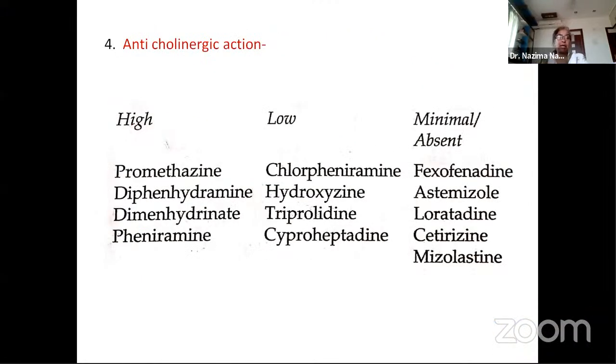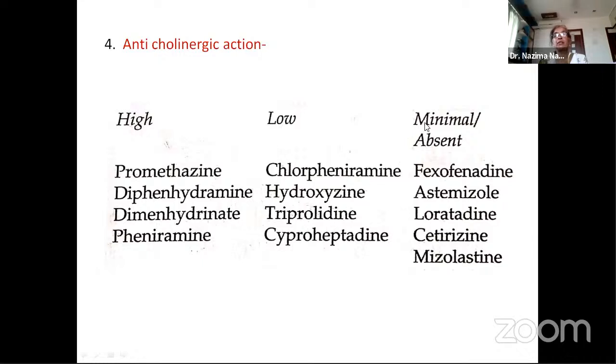Now these drugs, the antihistaminics, also have an anticholinergic action. Based on the anticholinergic action, they are classified into those with high anticholinergic action, drugs like promethazine, diphenhydramine, dimenhydrinate, pheniramine. Then those with low anticholinergic action, drugs like chlorpheniramine, hydroxyzine, triprolidine, cyproheptadine, and then there are